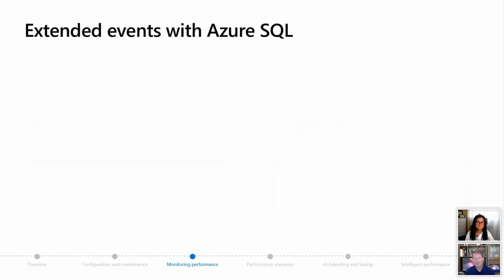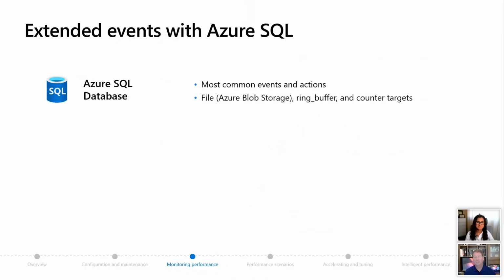But let's talk about X event, one of my favorite topics. Extended events, also known as X event, is the tracing mechanism for SQL Server. And so for Azure SQL Database, we're going to give you that functionality. We're not going to give you all events. Again, we're not going to expose everything to the dedicated instance, but most of the common events like SQL statement completed, for example, are going to be there for you.